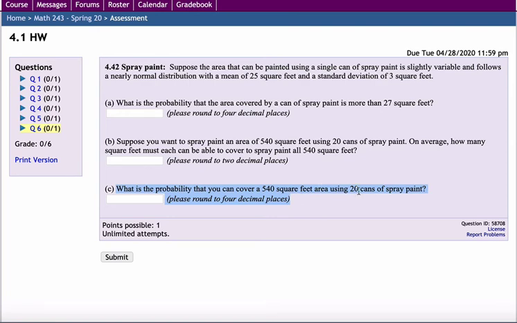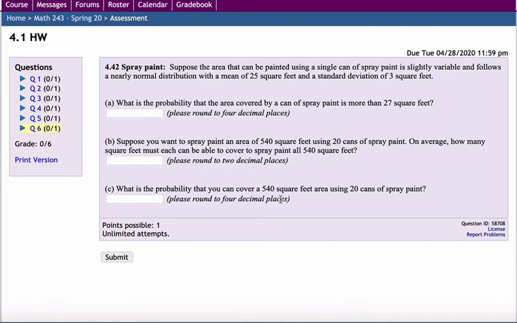If you want 20 cans to cover 540 square feet, each of the 20 cans on average will have to cover 1/20th of 540 square feet. I could tell you that 1/20th of 540 is 27. So if each one individually, on average, is doing 27 or more,